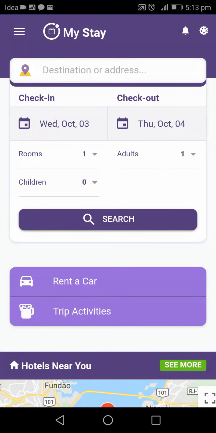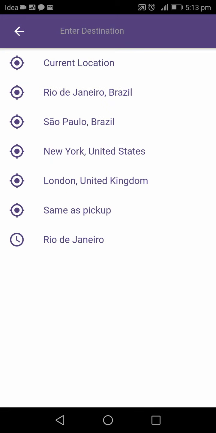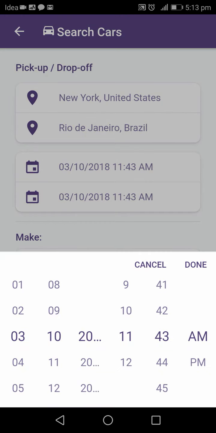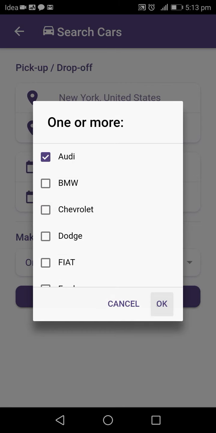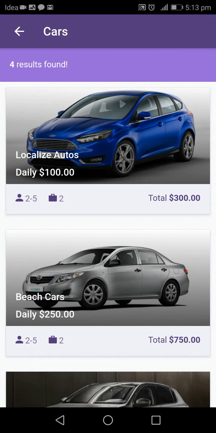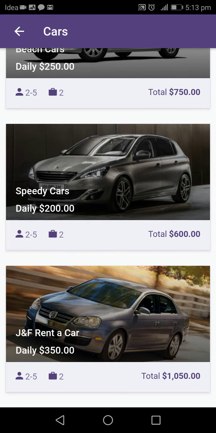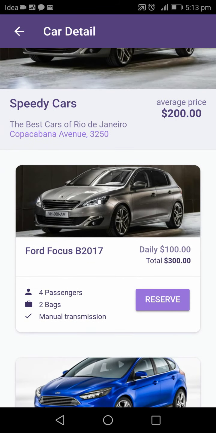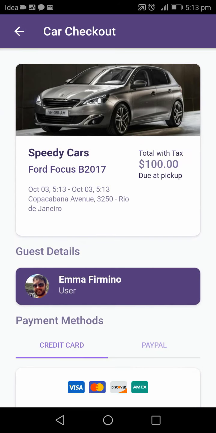Let us check the features of other activities which can be used by the user. Rent a car feature is available using which a user can book a cab for any location. The user will enter pickup and drop off location, select the time, date, type of car for which he wants to hire the cab, and click on the search button. Based on his inputs, he will get the listing of all the available cabs along with the price. The user will select a car from the listing and he will get all the details such as name of the car, number of passengers, daily charges, etc. He can reserve the car by making the payment.